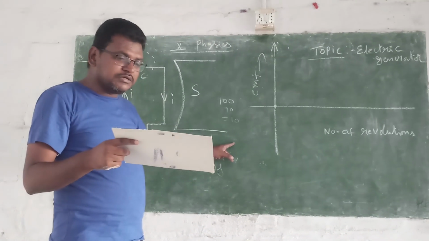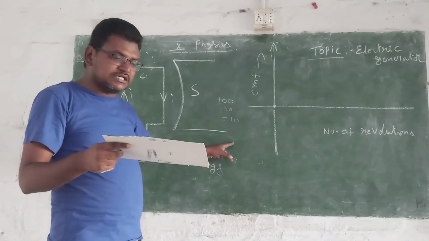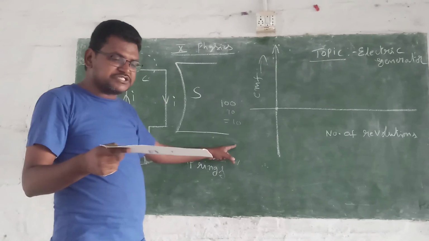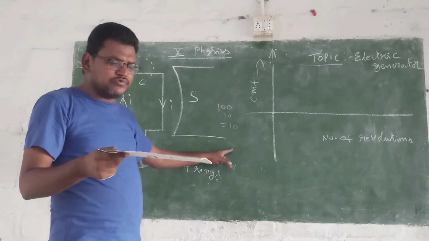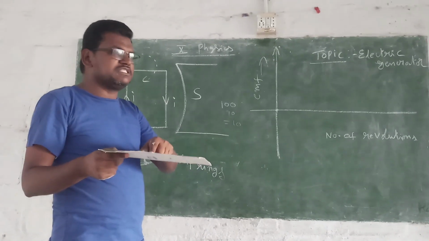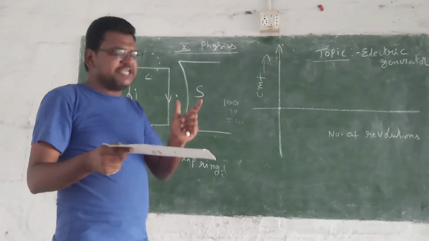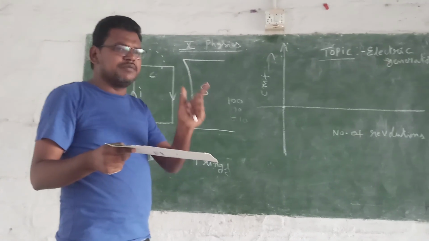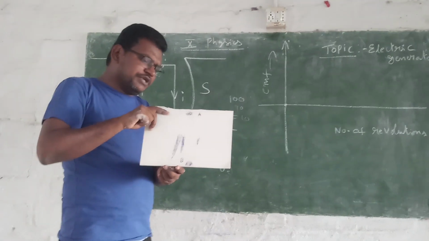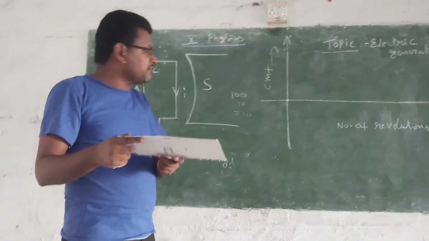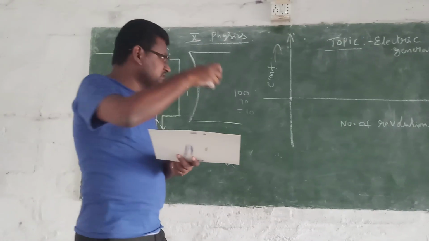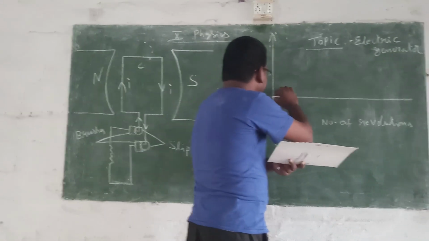Next assume 40, next assume 30, next assume 20, next assume 10, next assume 0. So in this orientation, zero magnetic field lines pass through this surface area. That means the change in the flux is maximum, 100 minus 0. That means as we rotate the coil, the change in magnetic flux increases. With the increase of magnetic flux, the EMF also increases.